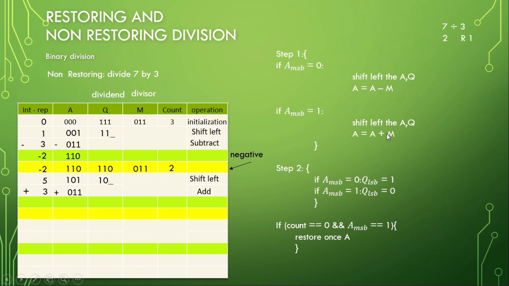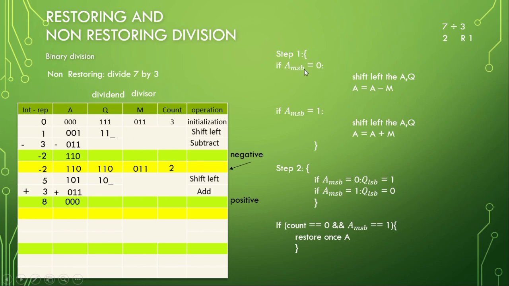So we shift left and then we add the contents of the accumulator. So we get the divisor and add it to the new value of the accumulator. So 5 plus 3 naturally is going to be 8, right? So if 5 plus 3 is 8, 8 is positive, right? Good. So if 8 is positive, it means that we go to our